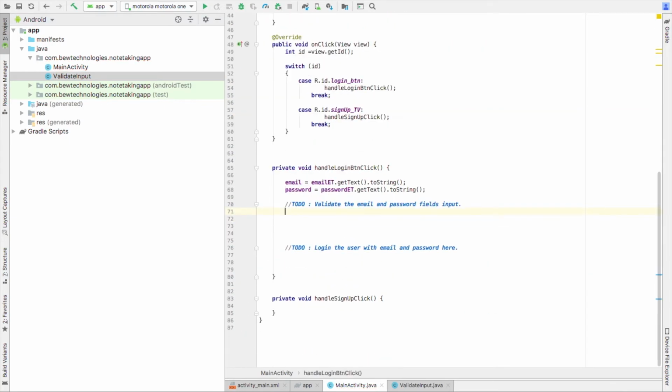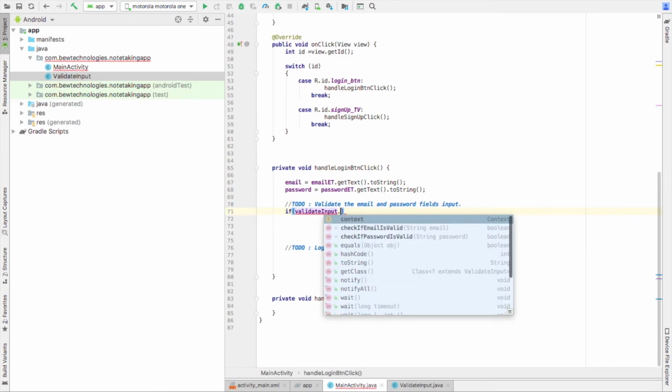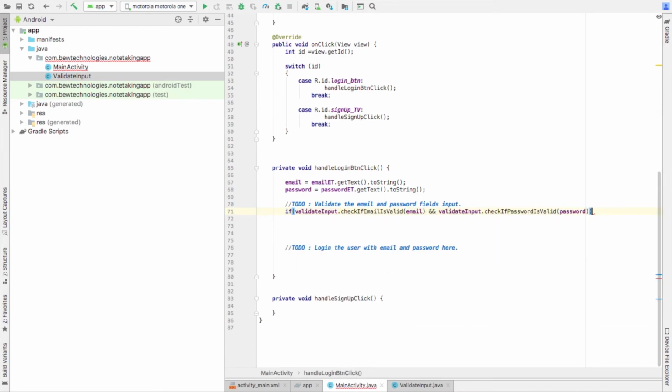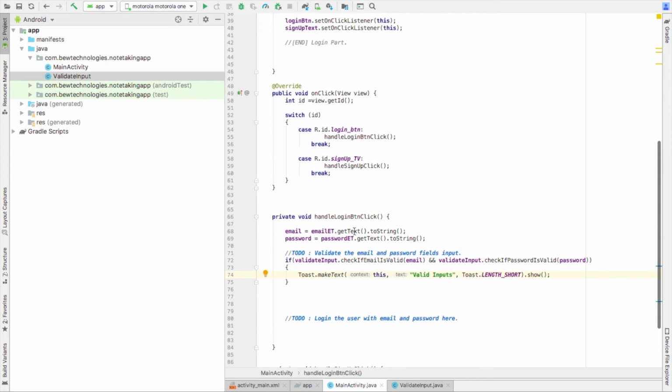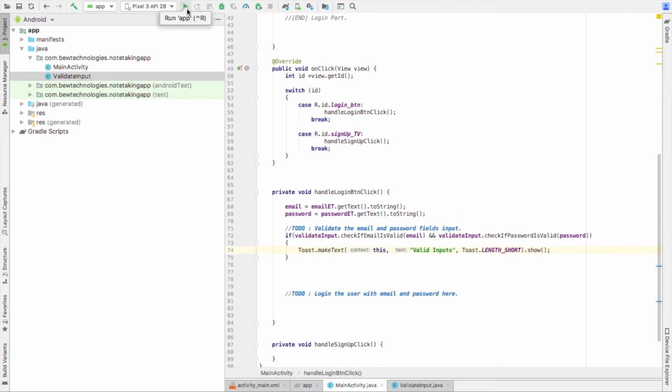We have the email and password in a string. And now we'll check if the validate input dot. For now we'll just put a toast here. If it's all valid, we'll just write valid input. So I think this should work. We'll just run it in our emulator Pixel 3. Let me run it.